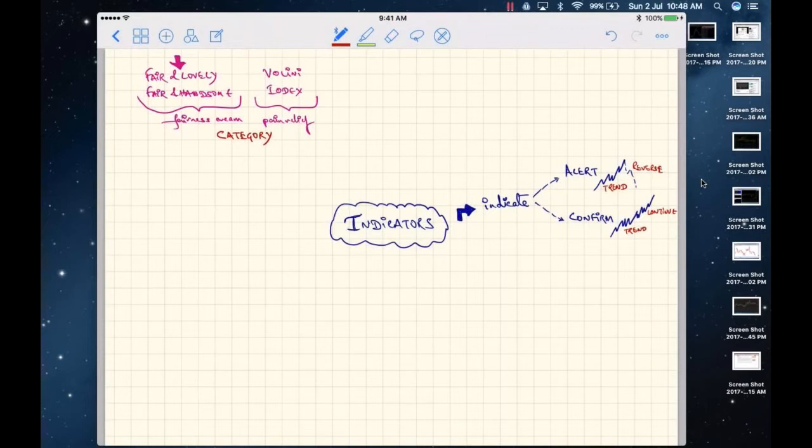After 300 years, we have probably covered all the indicators, we have understood everything, and then we will realize that simple is better. We might have stuck to the simple things. So what we will be doing is we will not go that way. We will understand the categories. And according to me, there are five Pandavas, there are five elements, and there are five main categories of indicators which come under technical analysis. So what are these categories?